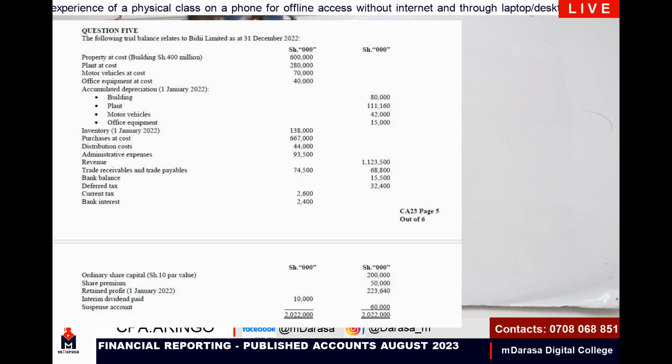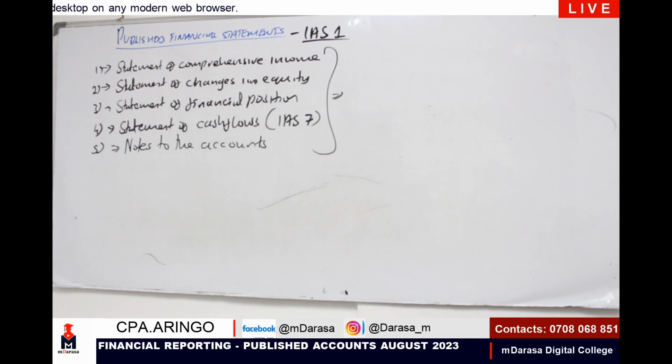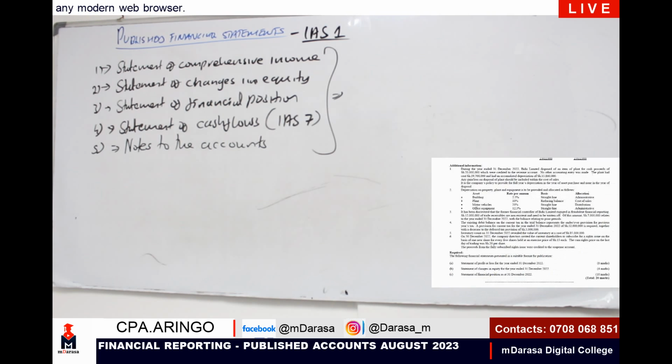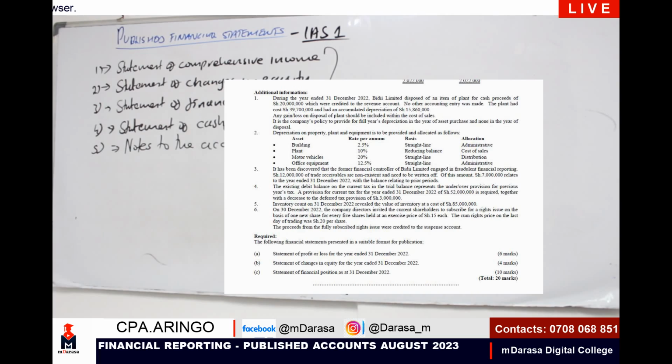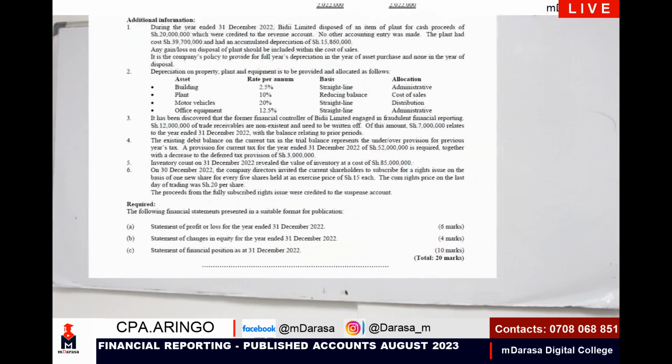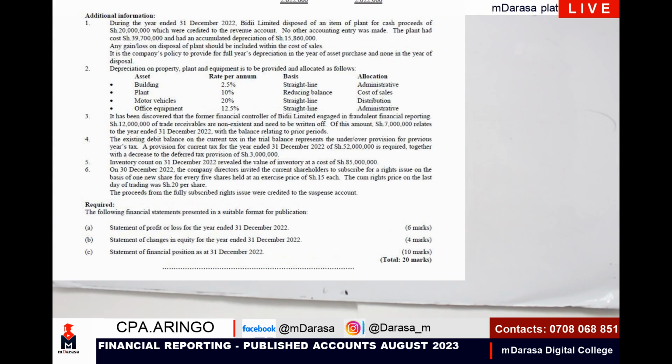You can see the beauty part of this question is that a good examiner wanted to test us on the concept of suspense account. In that case, the question will be, my good students, do you remember the concept of suspense account that you did at your basic level? That's the question that we all need to answer. So looking at that key element, I know very well it is always in our additional information. So let's go through our additional information and see what you have in here.